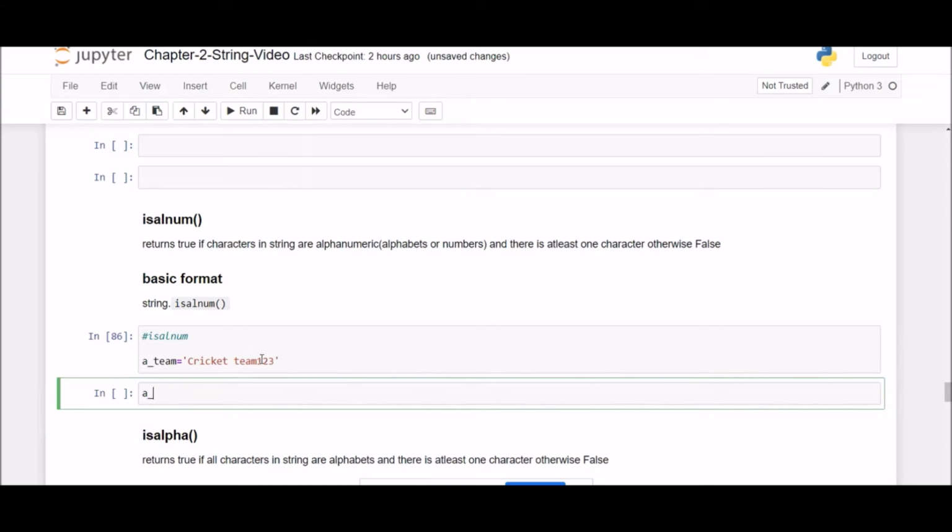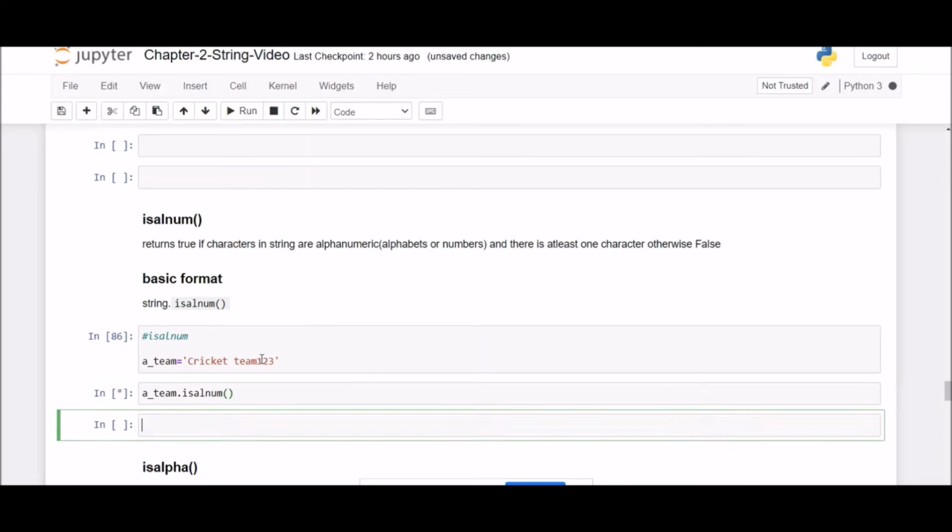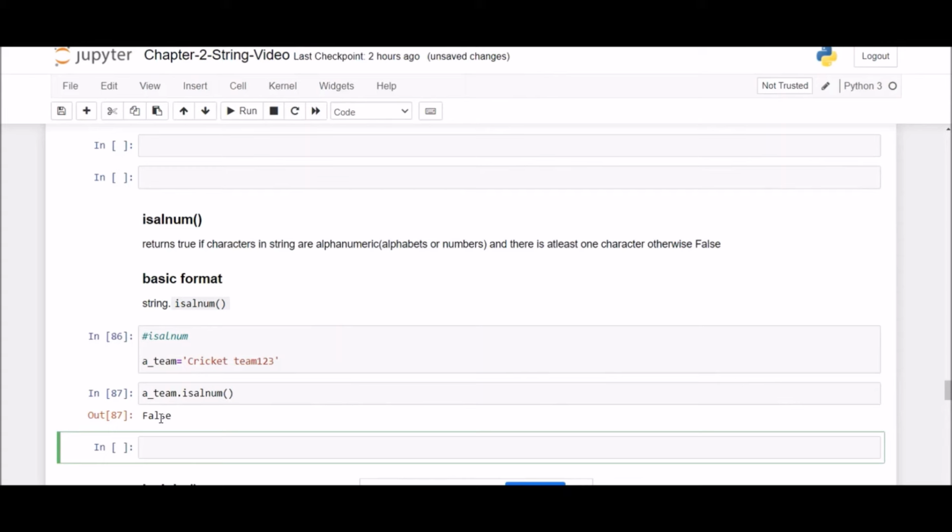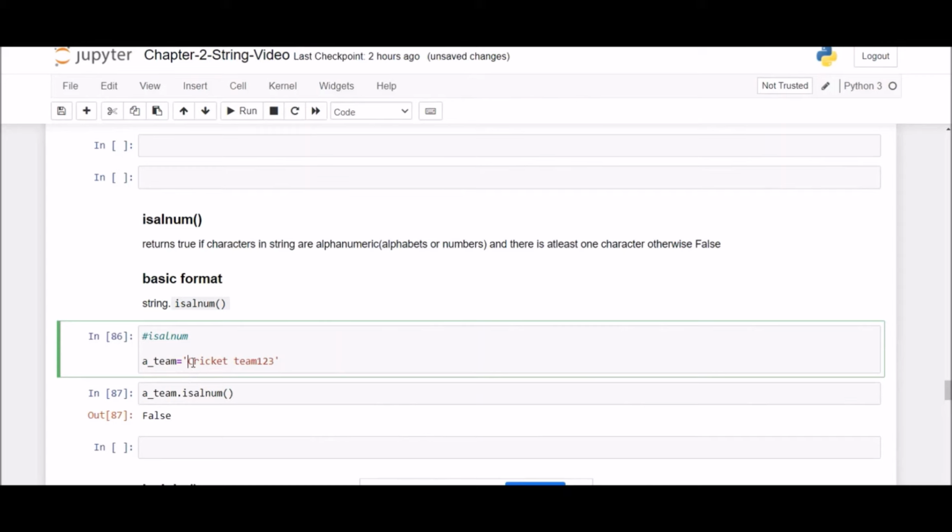Now if I use this method isalnum over this string variable, let us see what it returns. It is returning false. Why? Because this string, apart from containing alphabets and numbers 1 2 3, also contains something which is neither alphabet nor number.